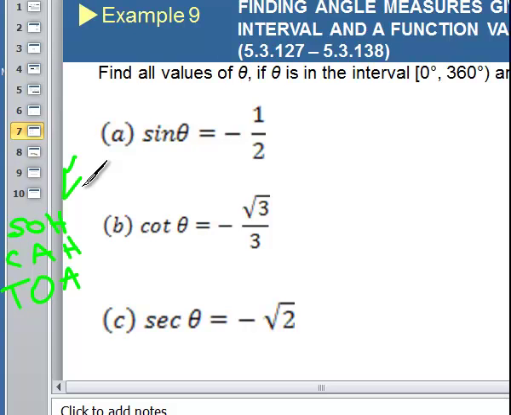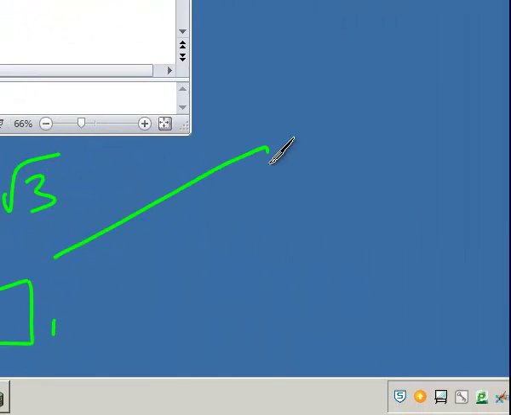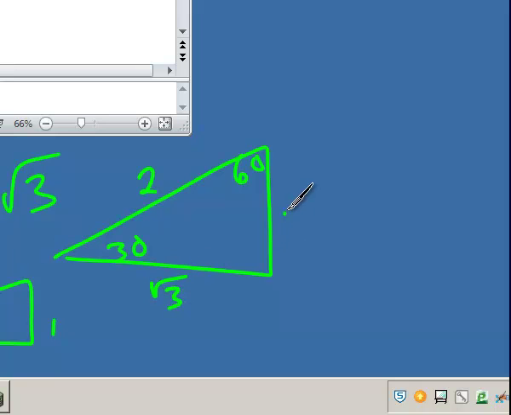Square root of 3 over 2? Yeah, for 60, sine is square root 3 over 2, but we want 1/2. So if we took this triangle and flipped it, put the 30 here and 60 up here, the 2 stays the same, but the square root 3 and the 1 switch places, right? The angles switch places, and the corresponding sides switch places as well. So now,